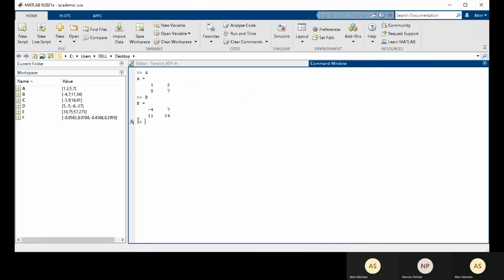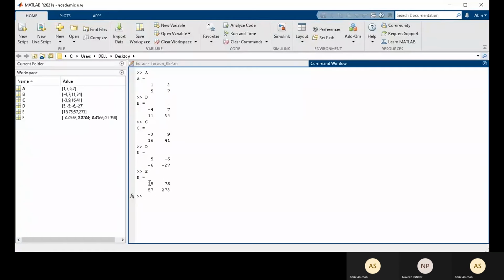So 1 plus minus 4 should give minus 3, 2 plus 7 should give 9. And you can see that C is doing just that. Similarly, D should be the difference. So 1 minus minus 4 gives 5. C and D work normally. And even E is like what we have studied in matrices: 1 into minus 4 plus 2 into 11.